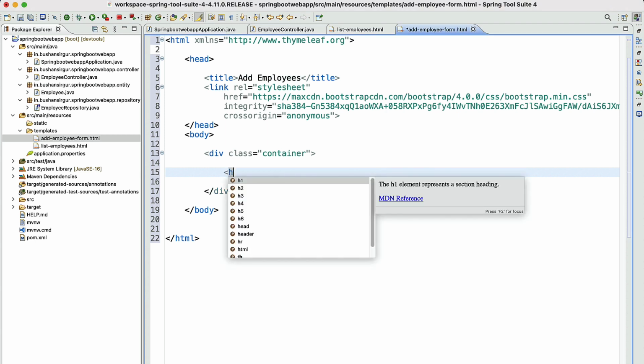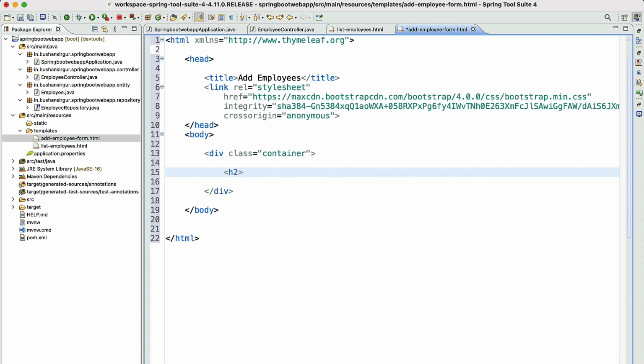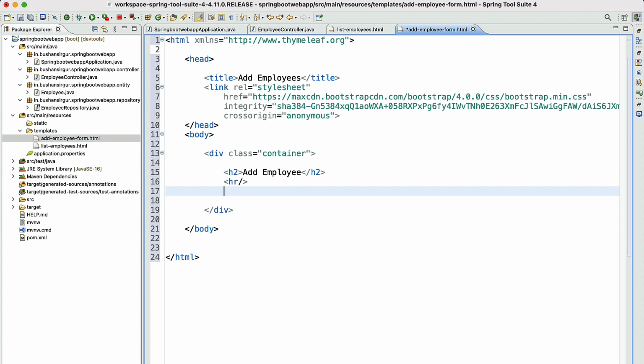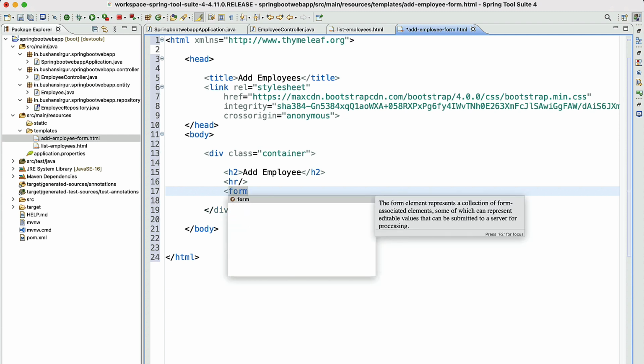First of all, let's add the h2 element to give the heading. Add employee. Let's add the horizontal line. Next, create the form.